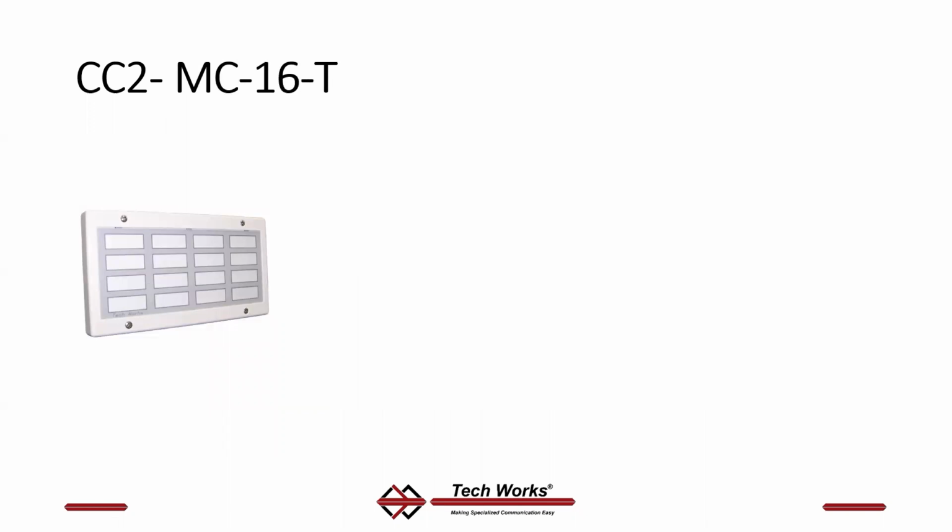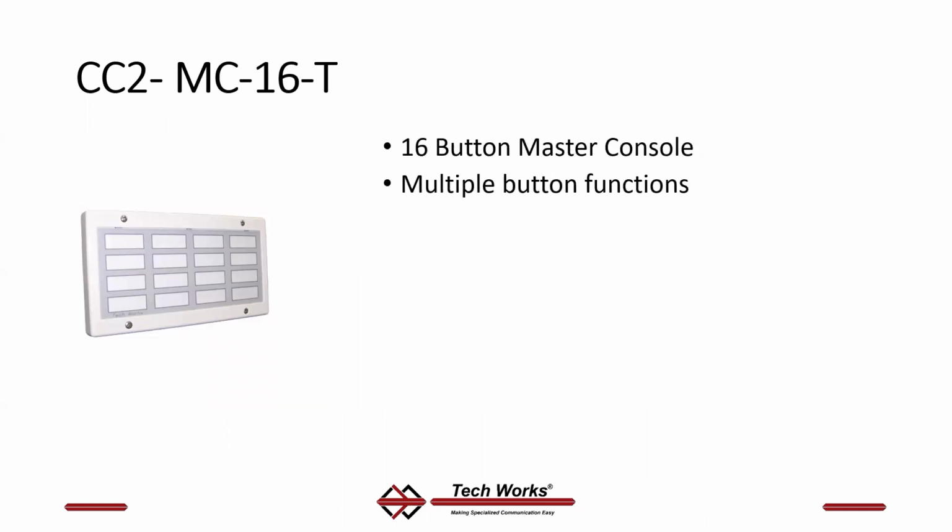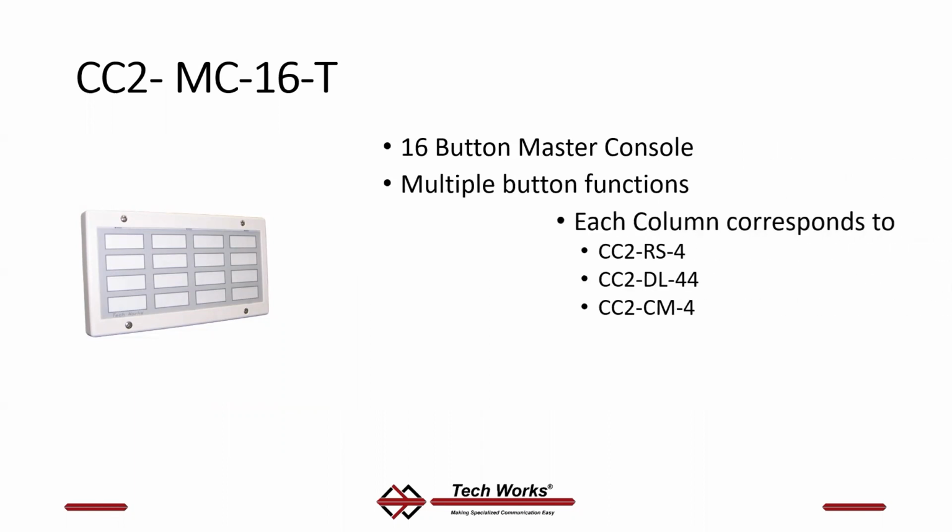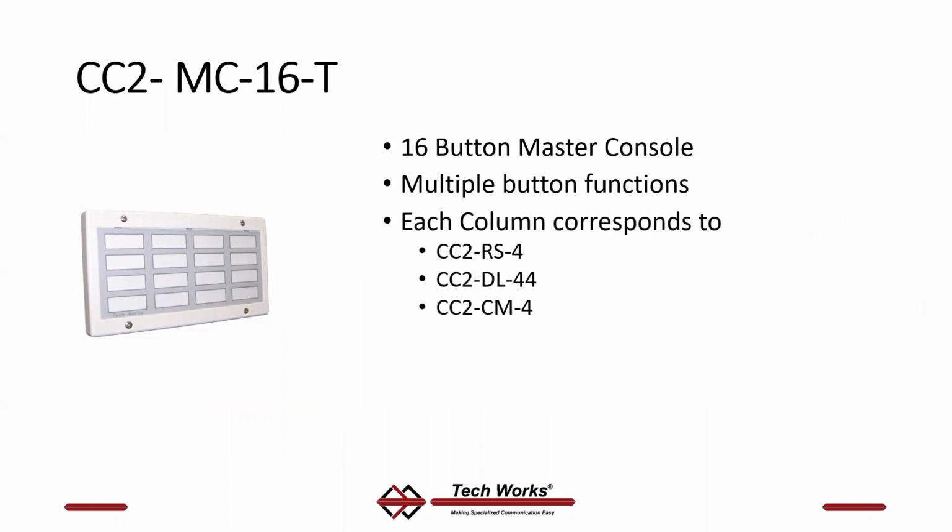Let's talk about the CC2-MC16CT, a 16-button master control panel or console with multi-button functions. Again, it's just like the CC2-RS4, but imagine 4 of them in a column. This is like 4 RS4s. And it can control 4 dome lights, individual segments. So this could be the red segment, the yellow segment, the green segment, the blue segment of a DL44, or